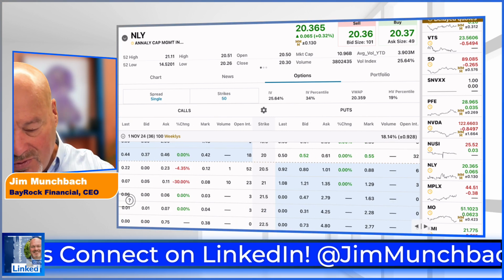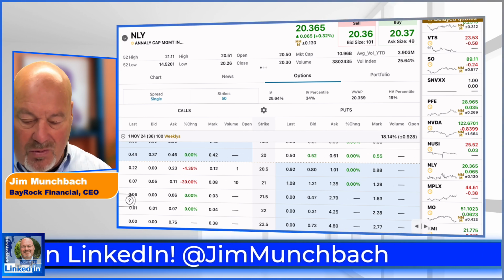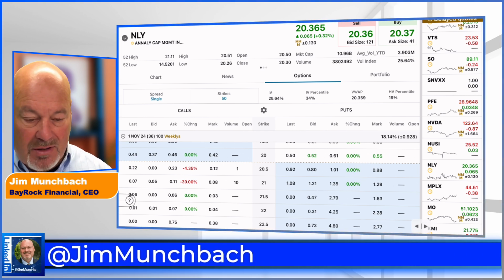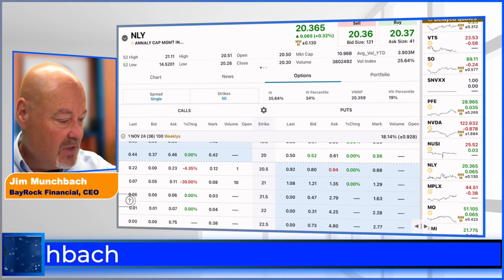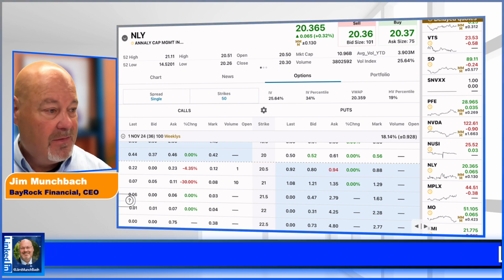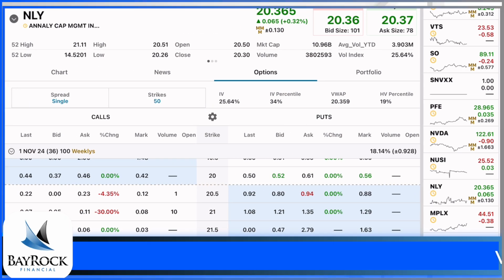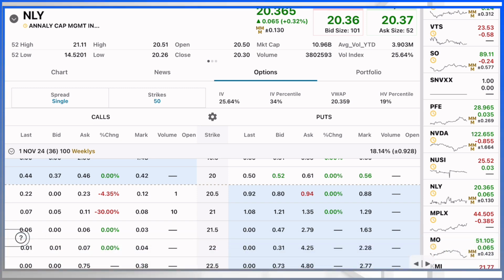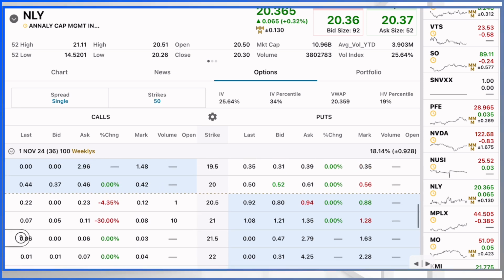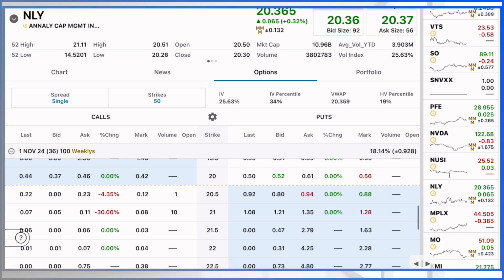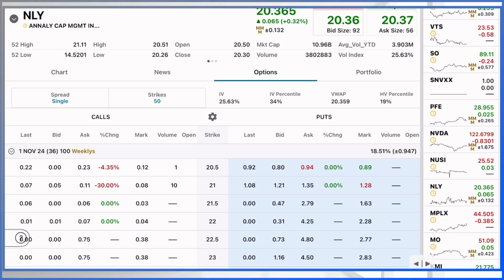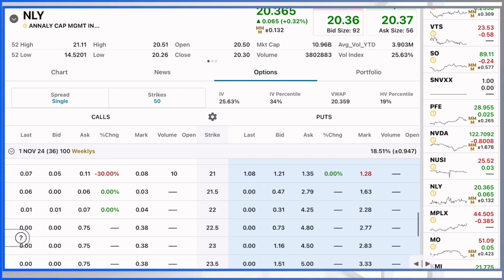So let's just look at the price, if I can get this to cooperate. It's trading today at $20. So if it's trading at $20, sorry about that, I'm pushing the wrong buttons again. It's trading at $20, and we want to look at something out of the money. So we would look at, let's say, and this is 36 days out, and boy, I'm not seeing, this is just,